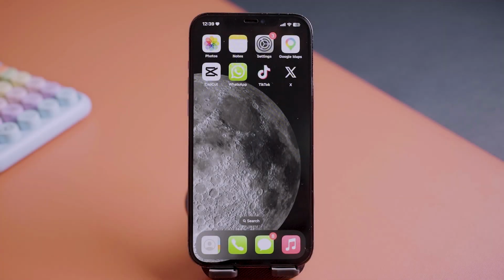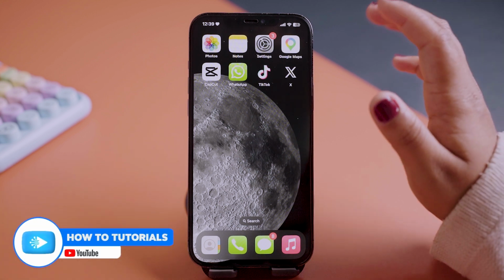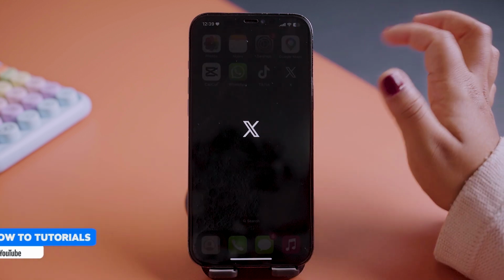Hi everyone, in today's video I'll show you guys how you can change email address on X or Twitter. Well, it's quite easy. So first of all, you need to open the application, make sure that you're logged into